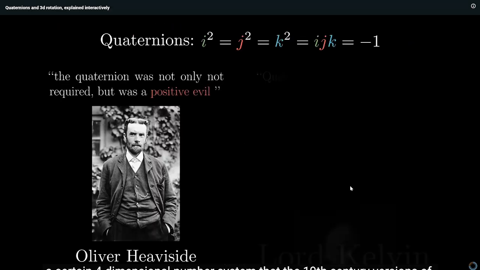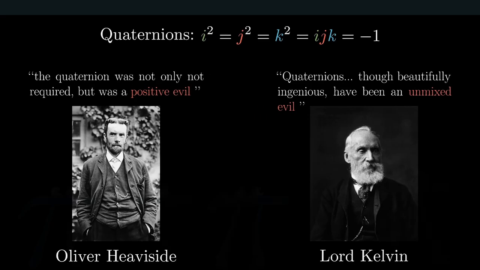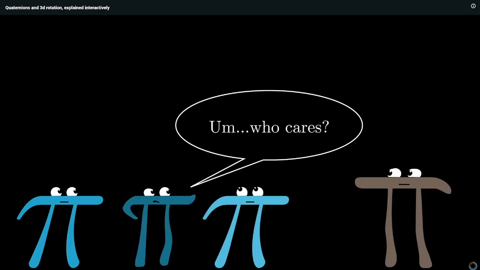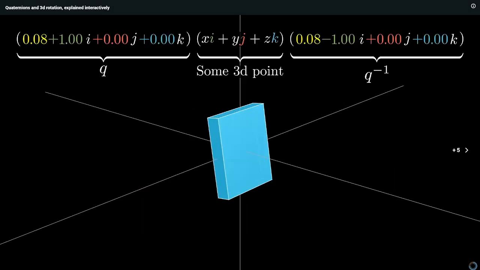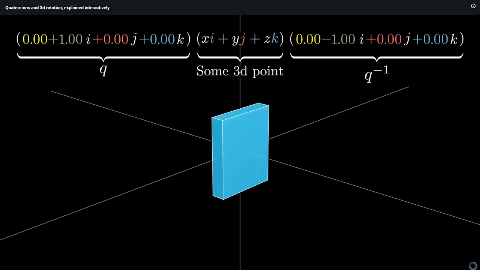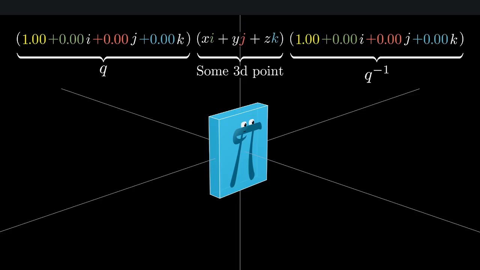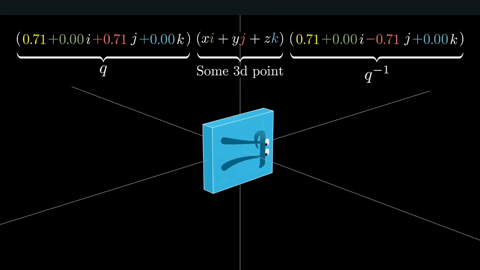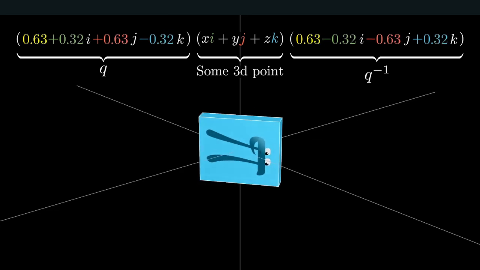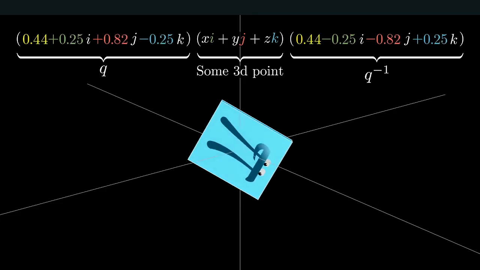Quaternions are a number system that the 19th century versions of Wolverine and the Old Man from Home Alone called evil for how convoluted it seemed at the time. And perhaps you too are wondering why on earth anyone would bother with such an alien-seeming number system. They offer a nice way of describing 3D orientation, which is not susceptible to the bugs and edge cases of other methods. They're interesting mathematically for a lot of reasons, but this application for computer graphics and robotics and virtual reality and anything involving 3D orientation is probably the biggest use case for quaternions.